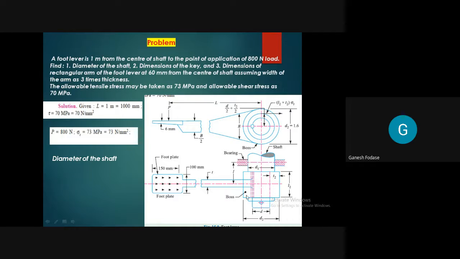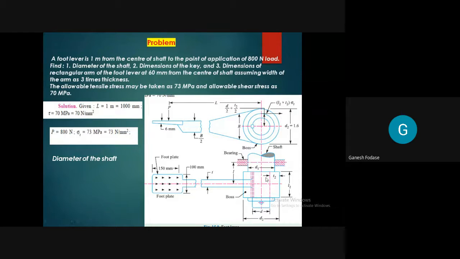See, before finding the dimension, you must know why there is failure. Tell me which kind of failure happens in a shaft of diameter D, let's say, this portion. Because if we know the failure, we know the stress, we know the applied load, and then we can find the dimension. Remember, design is very simple. You must know the reason for failure, which kind of stress is induced there, and of course the area and the load applied. If you know these things, we'll find the dimensions. So in this case, which kind of load is responsible for this stress here?